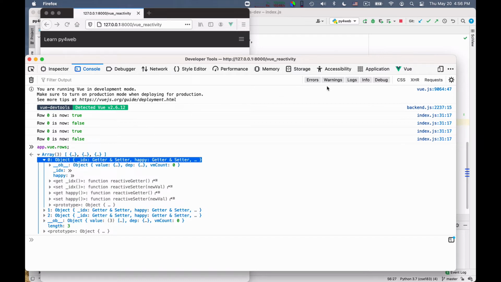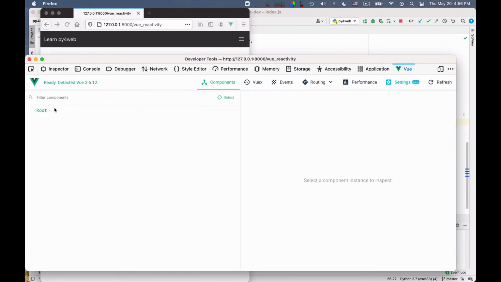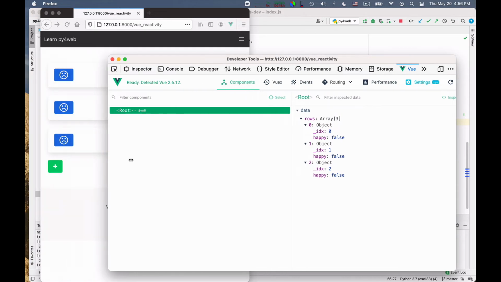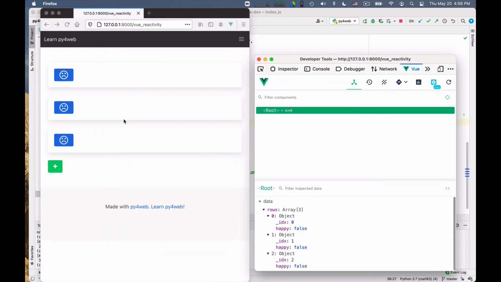Notice another thing, that if you go in the Vue debugger and you click on root, you do not see those getters and setters. So in this case, all you see, if you do that in order to debug, okay, so let me do it this way, is that, wait, where did it end up? Okay, here. Is that the code works. You see, when I toggle these, this thing here changes. So you can see that it works.